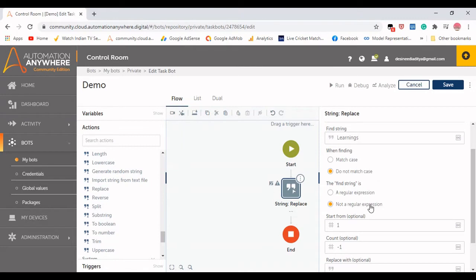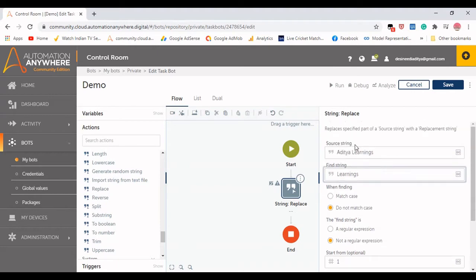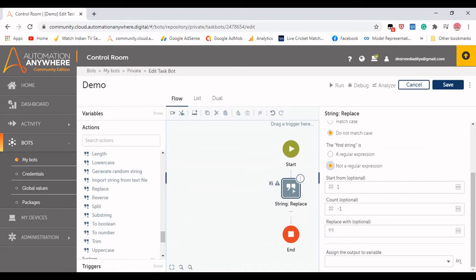The find string is not a regular expression. If you want to write a regular expression to match a particular string and replace it, you need to make it a regular expression here. If it is not, then it is not a regular expression, and it will start from 1 here.